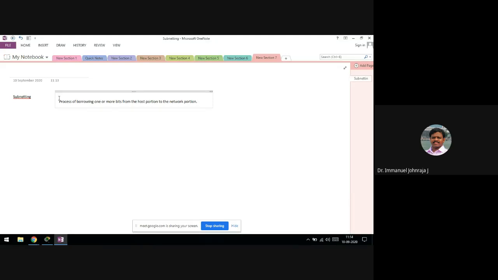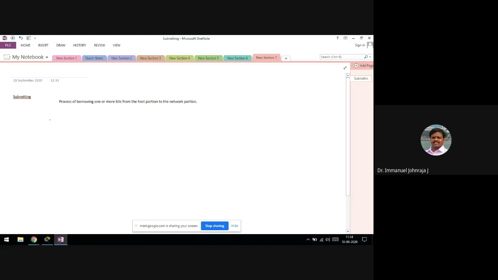Suppose you have got two thumb drives, right? Suddenly your friend comes and asks, friend, can you lend me your thumb drive? And you are good enough to give one of the thumb drives for his use. Now, if somebody asks him, how many thumb drives do you have? He would say, I have got one. How many thumb drives are yours? Then he should say 0. All right. So there is a difference between owning and borrowing. That is why we are using the word borrowing, and it has its own internal meaning. You will understand it as we progress in learning about subnetting. So it's a process of borrowing one or more bits from the host to the network portion.